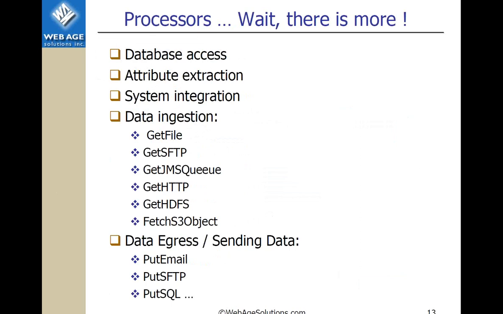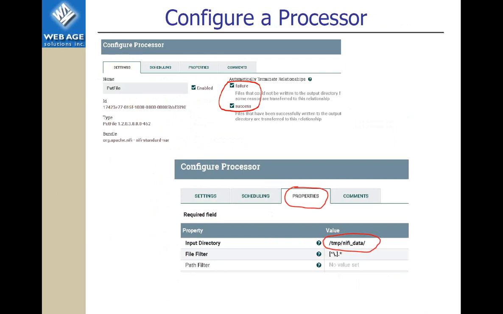So you will have something like fetch an object from that path. Okay, emails: you can add an email attachment and send it the old-fashioned way. Configuring the processor is probably self-evident; it would need to be configured in some way. You should give it a name. You can disable it. By the way, whenever you see nar, it means .nar. It's a NiFi archive, essentially a jar file with some additional meta information.